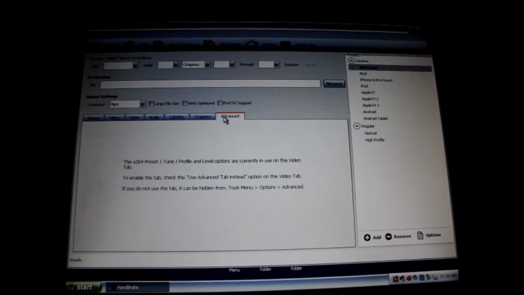You got your subtitle, you got chapters, you got the advanced stuff, as you can see. So that is very simple. Another thing is you got a queue setting. Now another funny thing is they have this option. So you got do nothing, and shut down, and suspend, and hibernate, and lock the system, and log off, or